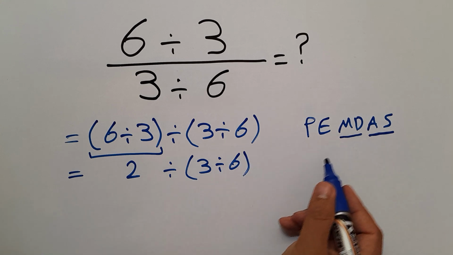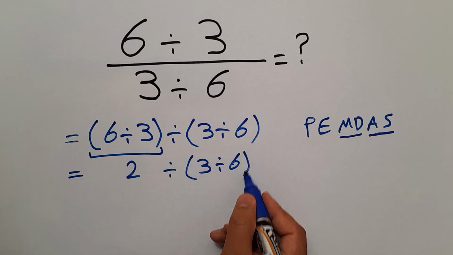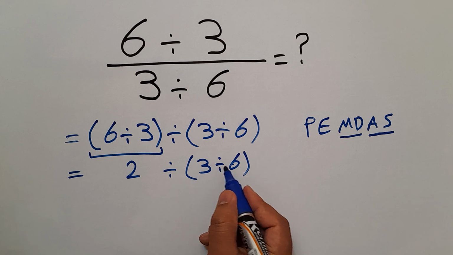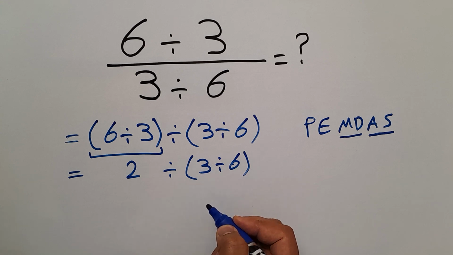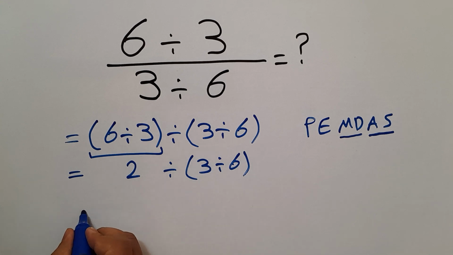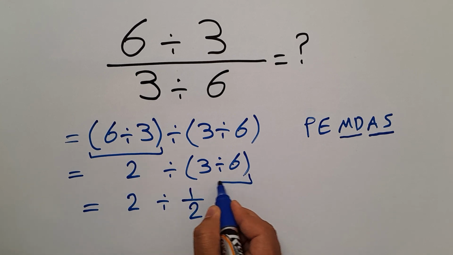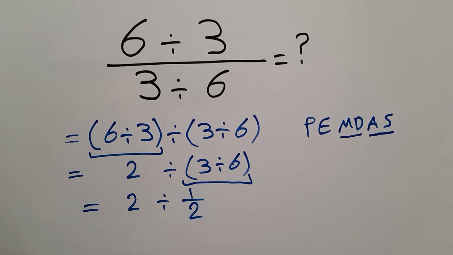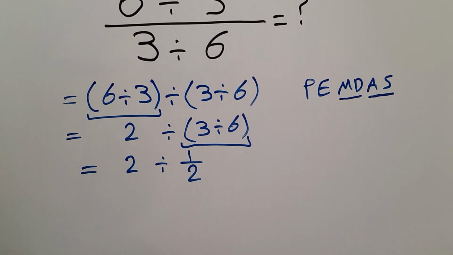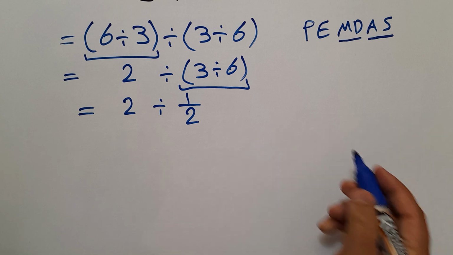According to PEMDAS, first we have to do these parentheses. 3 divided by 6, which equals 1/2. So we have 2 divided by 1/2. Okay? And now, according to the KCF rule,